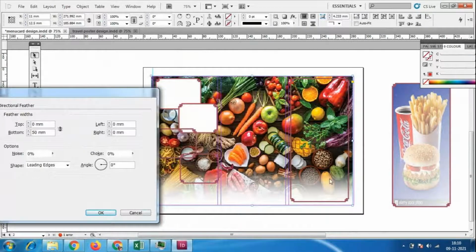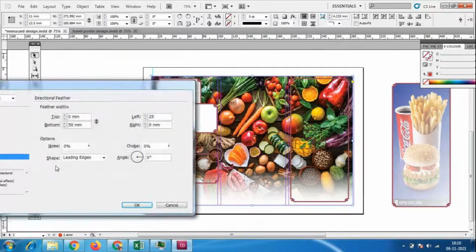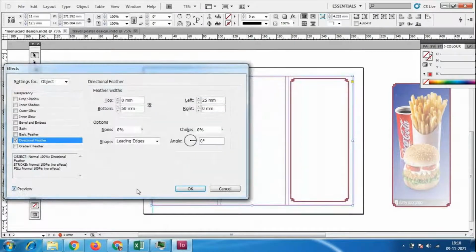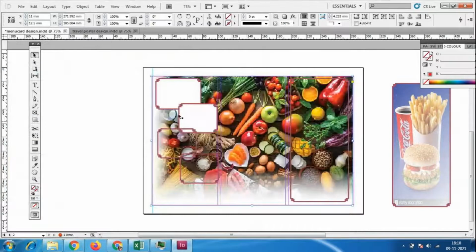Even from the left I'll give 25. We have to click on this preview option. See, like this from the left I have given the feather.